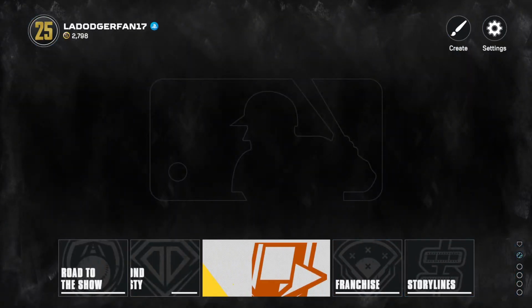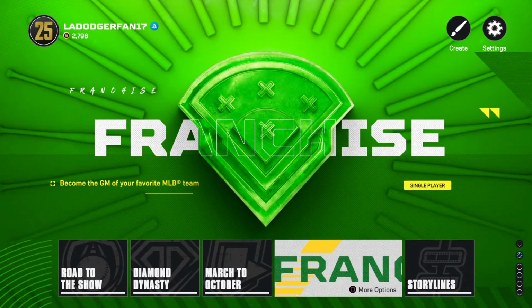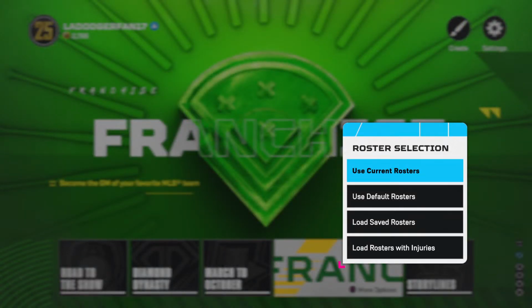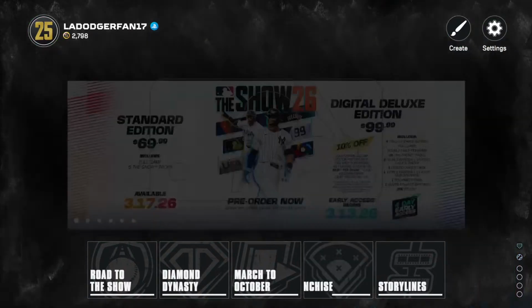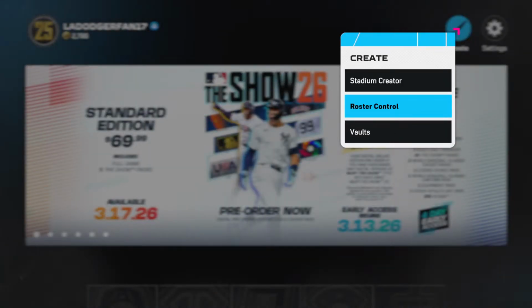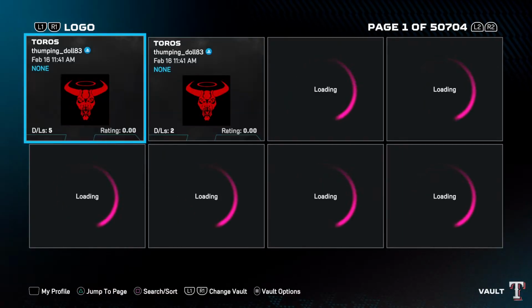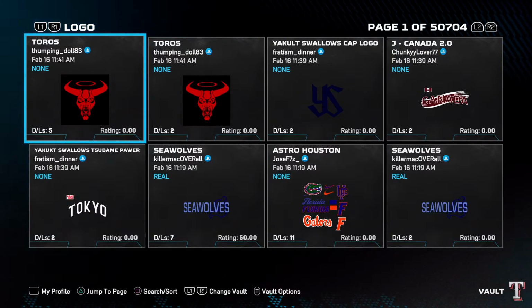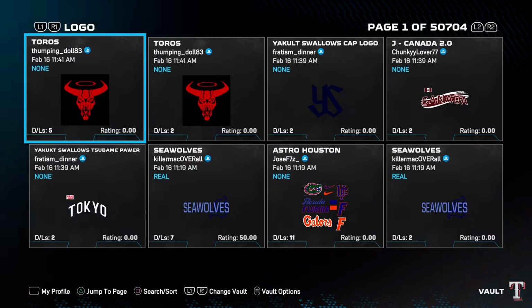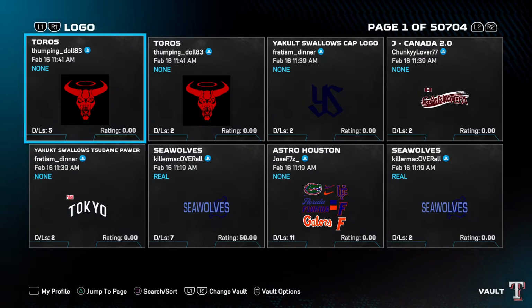So how's this work? The only way you can do this is in franchise. So you're gonna hit Start New. Actually, first of all, before you get into this, you're gonna find a roster in the vaults. So these are all the logos. You can see there the one that says Astros, but that's the flaring gears. So, all right. Anyways,